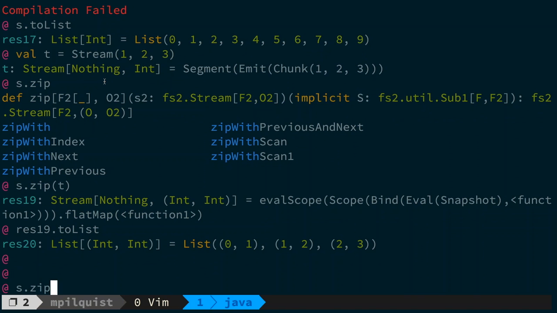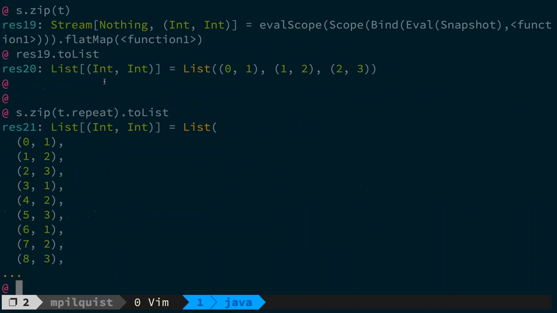We would say s.zip, and now the idea here is we just want T to repeat forever. So we can just say t.repeat. What t.repeat is going to do is return a new stream that, when it reaches the end of T, goes back to the beginning and does that forever. So the result is a completely infinite stream. But we're zipping the infinite stream with this finite S stream, and so we should still have it end after our 10 elements. So if we run this,